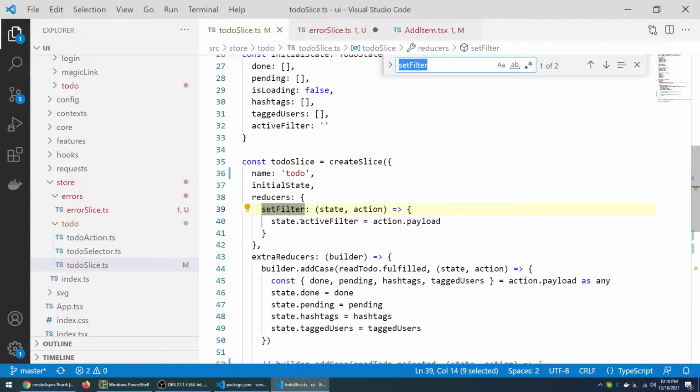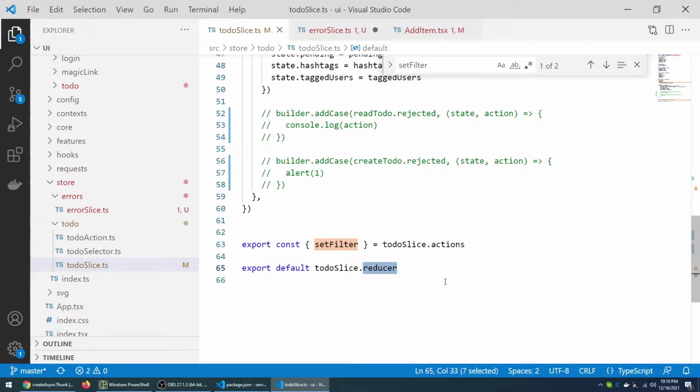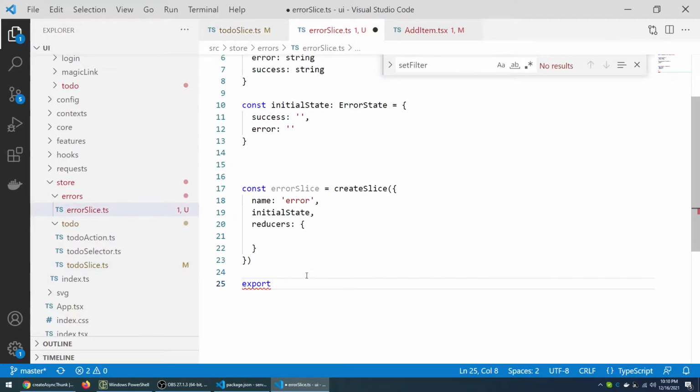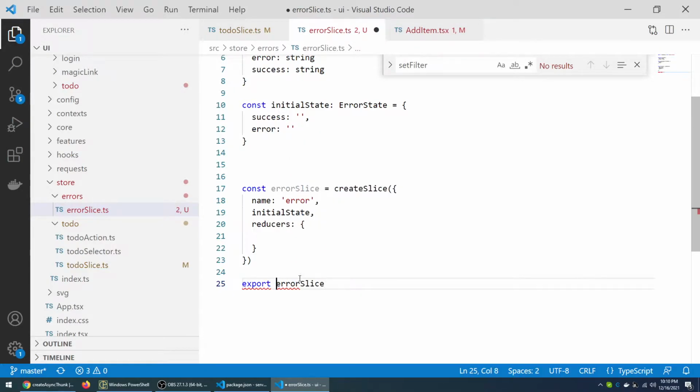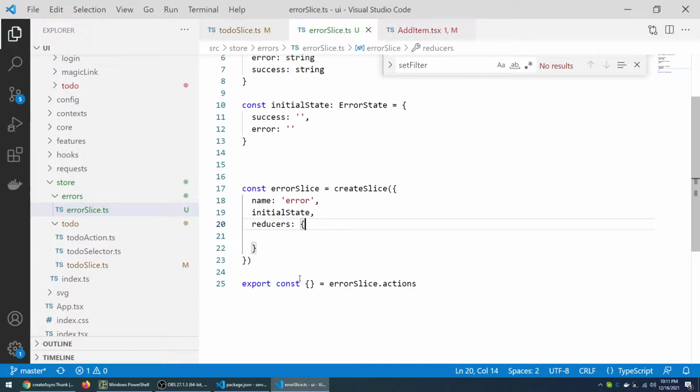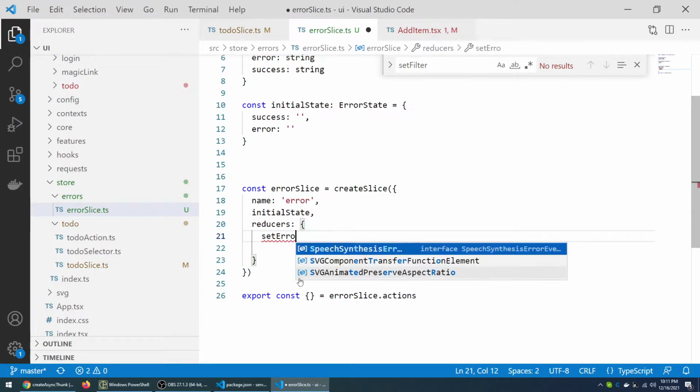Okay, this is the part of reducer and the reducer itself. Okay, errors slice, export const, export action, and inside of the action will be set error,